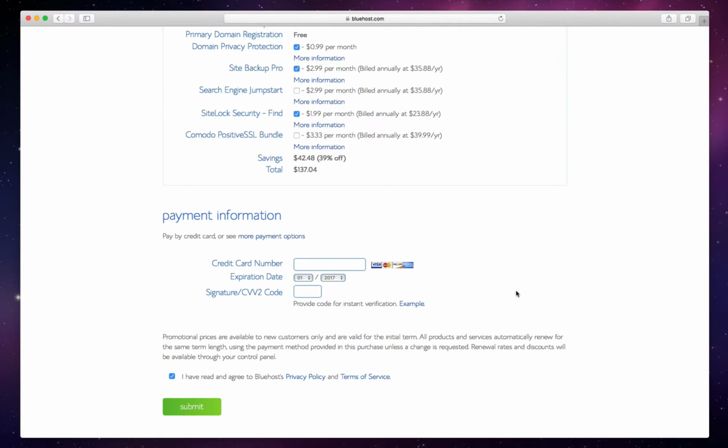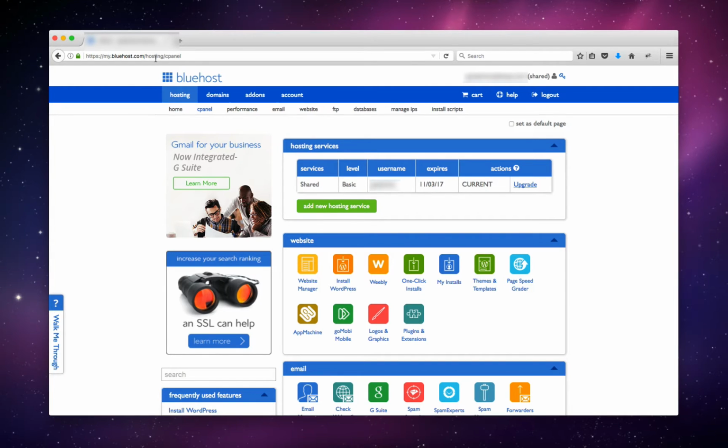And then you will receive an email with some information on how to log in. Once you get that information, click on it, and then I'm going to show you how to actually set up your WordPress website. Okay, so now that we've signed up for Bluehost,